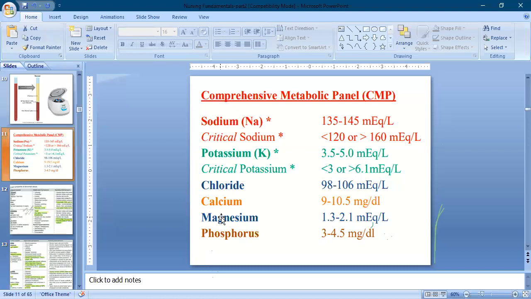So definitely if the patient has a chance of fluid loss or fluid volume deficit, we have to check the laboratory values of electrolytes,